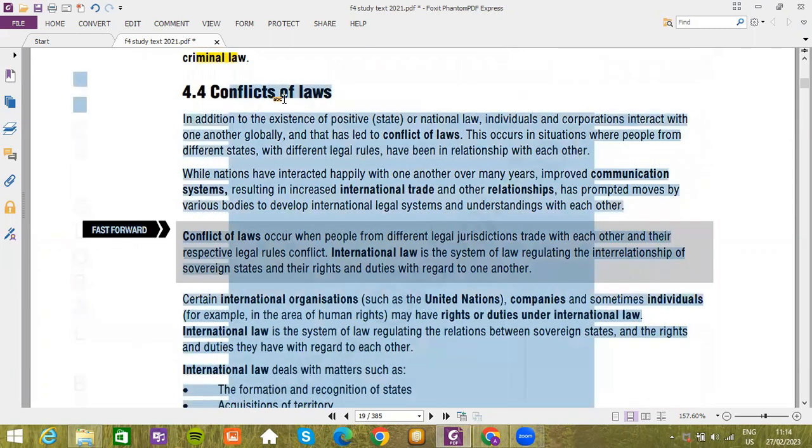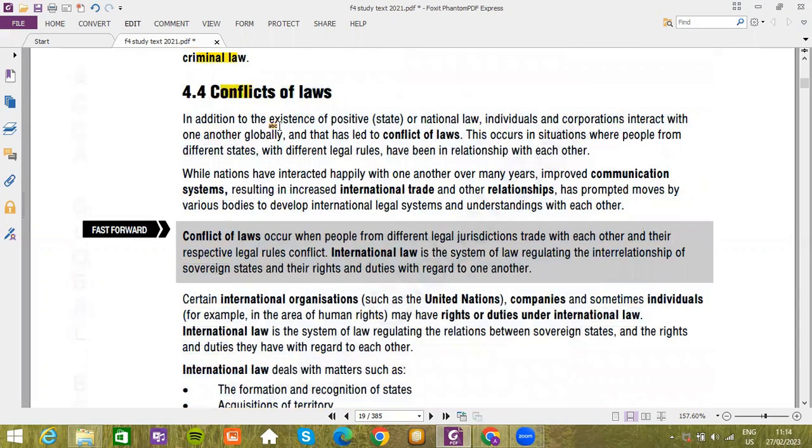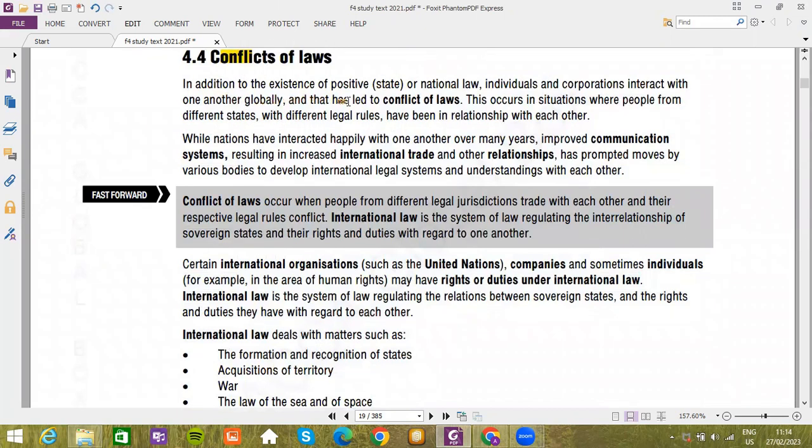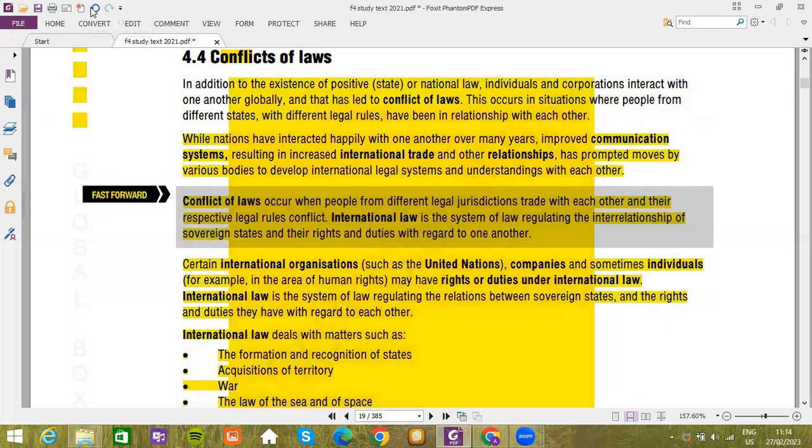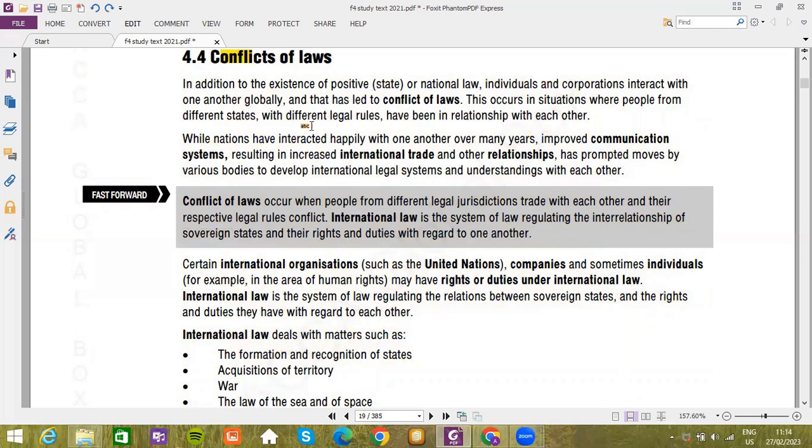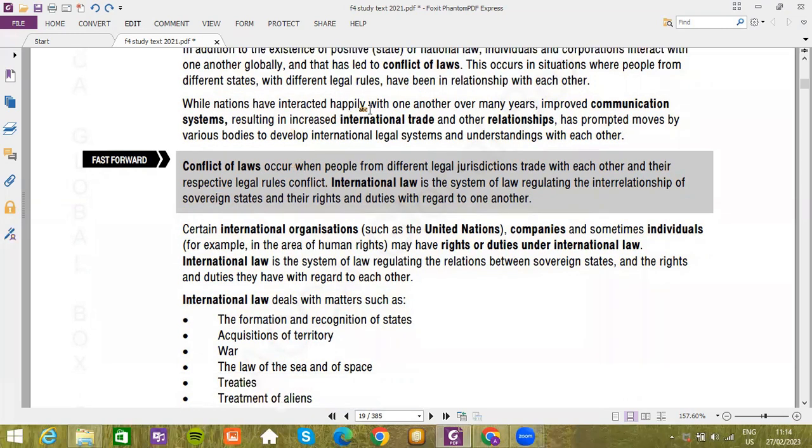Now, conflicts of law. In addition to the existence of positive or national law, individuals and corporations interact with one another globally, and this has led to conflict of laws. This occurs in situations where people from different states with different legal rules have been in relationship with each other. While nations have interacted happily with one another over many years, improved communication systems resulting in increased international trade and other relationships